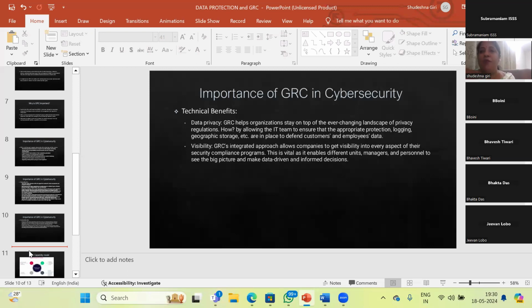For example, if I'm working in military, and I am working on software which deals with military products, my confidentiality of information will be very high. What I will sign as per law will be very different from what I sign in a normal software company. Yes, ma'am, the compliance aspect will be highly rated.